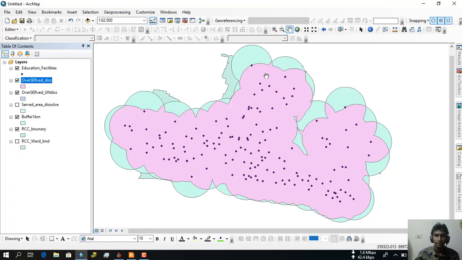Now, as we can see, this is overserved area and this is served area, and in the background this is RCC boundary. So now we want to make one feature class of served and unserved area. So for that we have to go to ArcToolbox